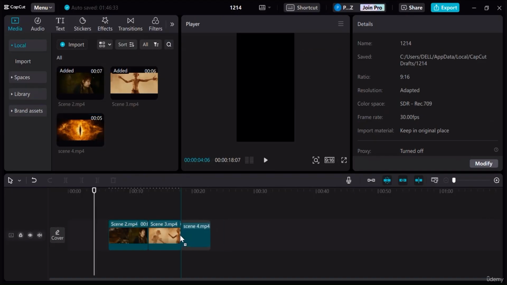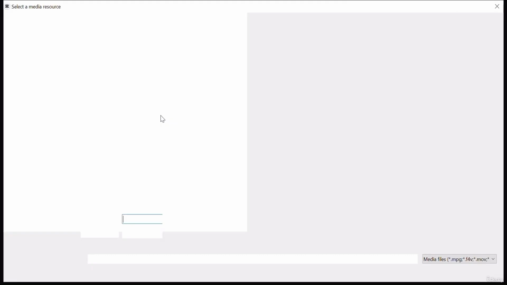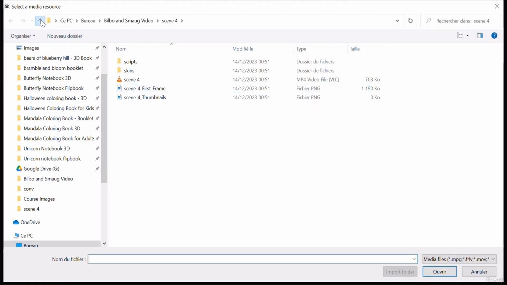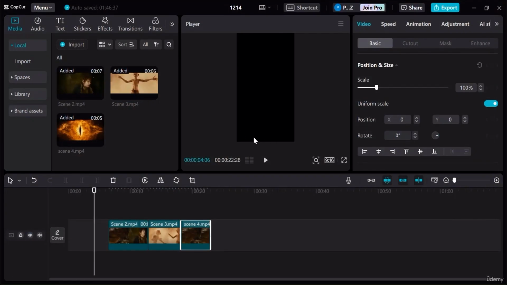So this is scene number 4. Drag it and place it here. Go to import as well. Drag scene number 5, and so on and so forth until we basically have added all the scenes. So if I go to scene number 5, by the way, it's entirely